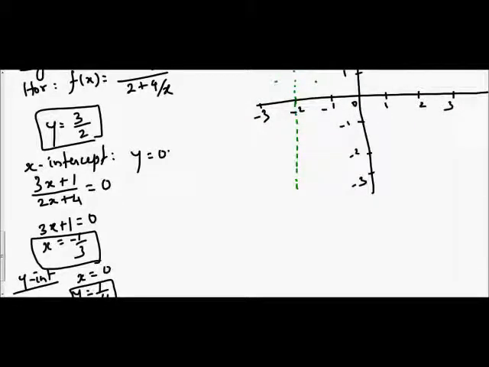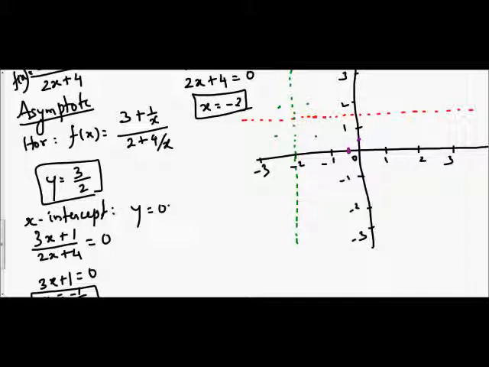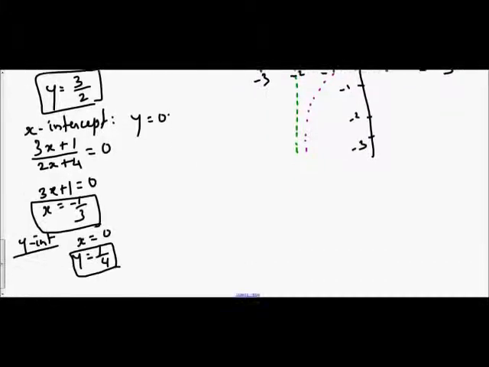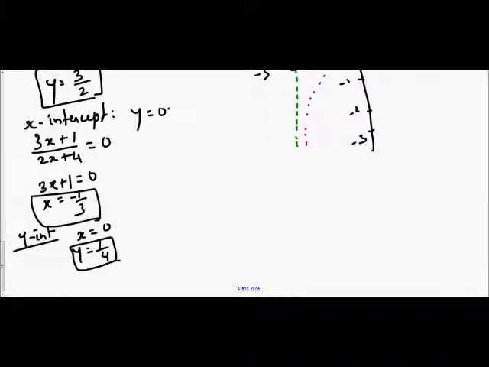So let me mark them. X is equal to negative 1 over 3, which should be somewhere here, and y equal to 1/4, which should be somewhere here. So this is going to cross this place. So obviously you can actually finalize it now. The curve has to go this way, therefore the curve should be of this shape. But we can check this by analyzing the behavior of the curve